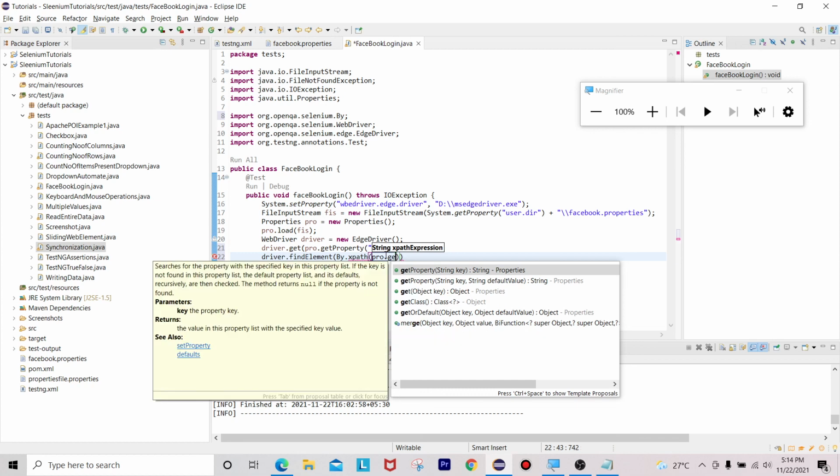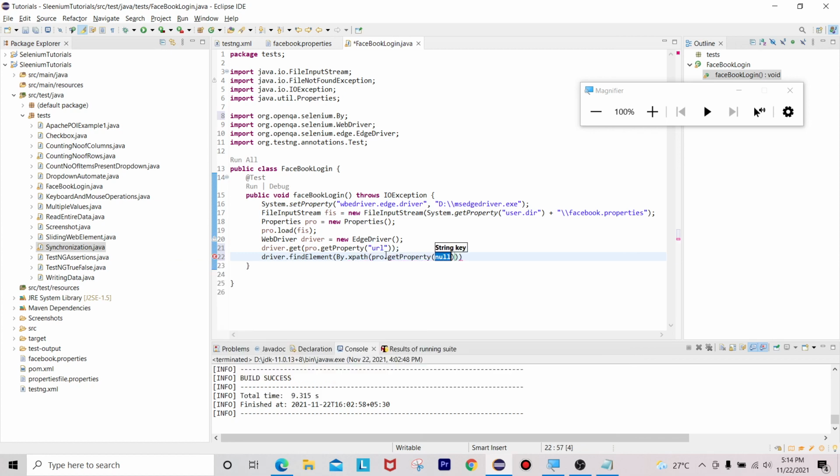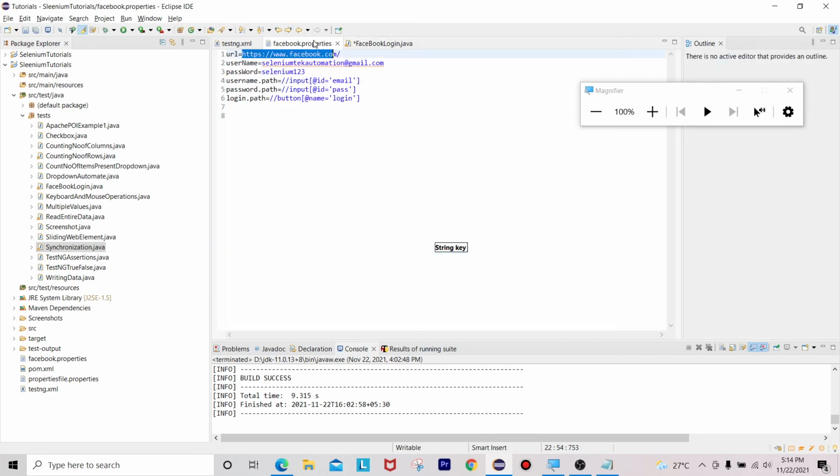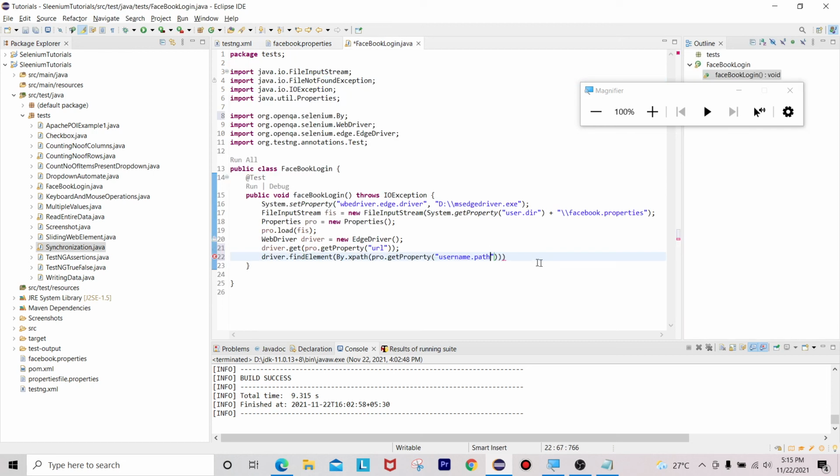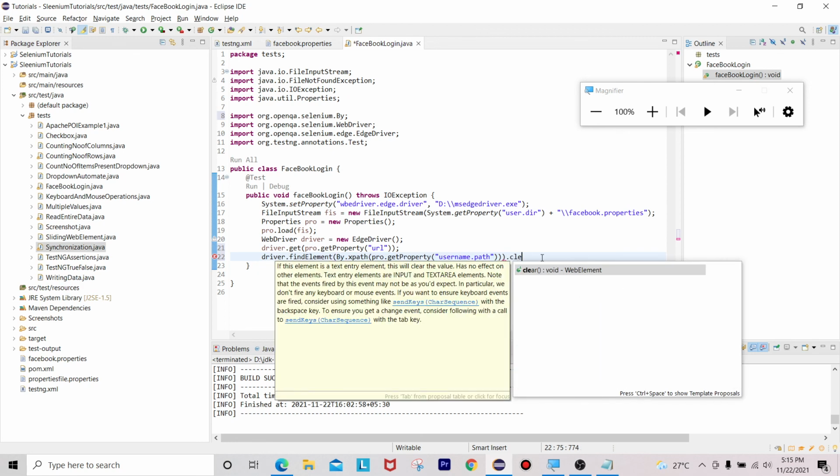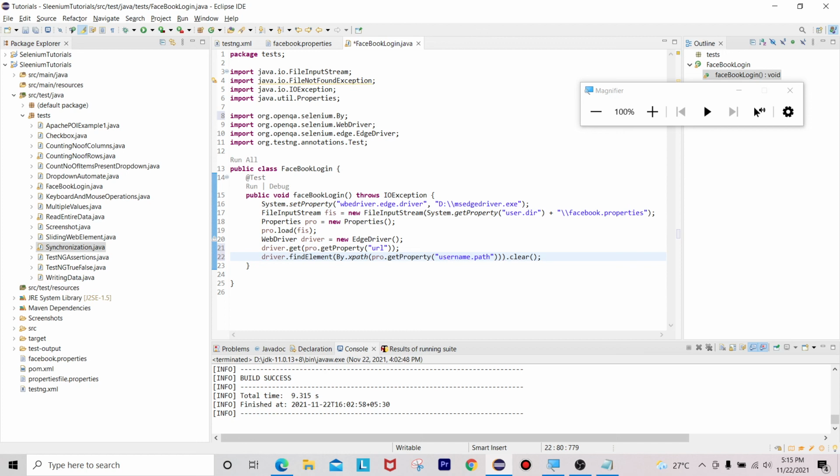Property.getProperty of, what is our key here? You can copy the key here. What is our username XPath here? username.path. Okay, username.path is the key, you can mention the same here. Once you mention it, first I want to clear this field. If any test data is there, I want to clear that field.